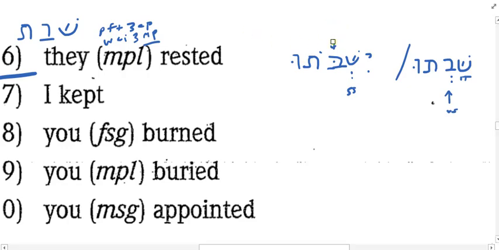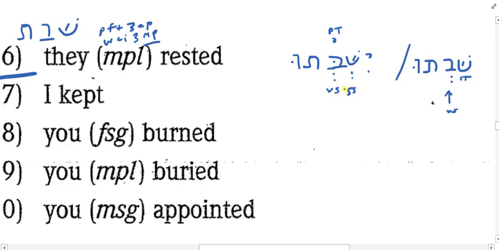No, it cannot stay here because it has become open and pretonic now, right? Open pretonic syllables in verbs reduce to vocal shava. So now I have a silent shava followed by vocal shava, which is all good and well because we can do that in Hebrew. So yishbatu